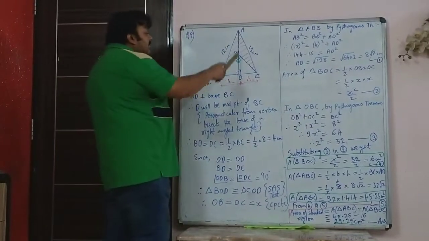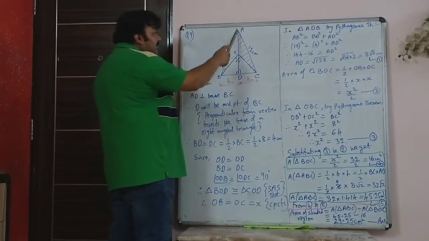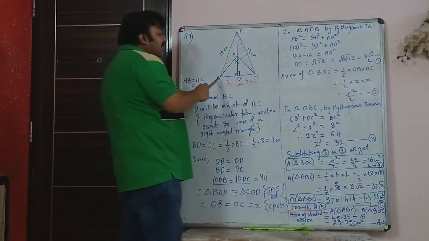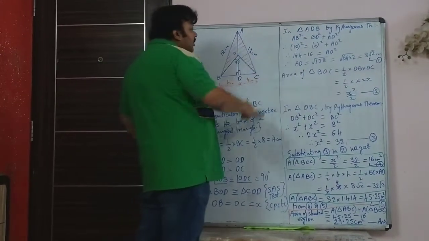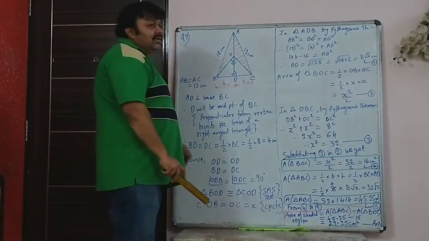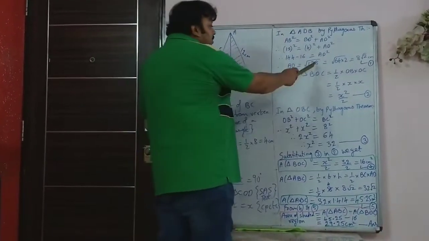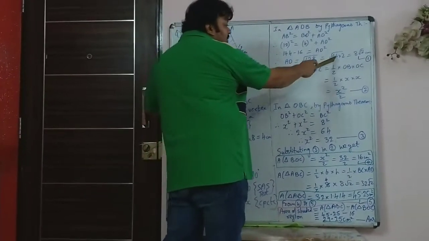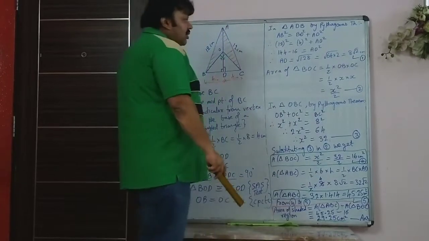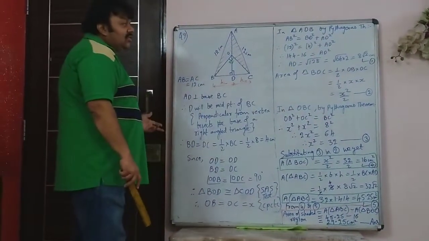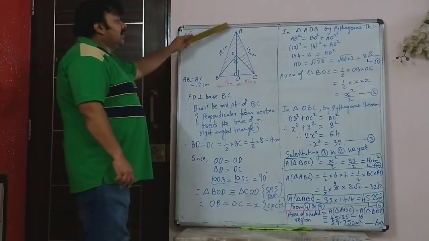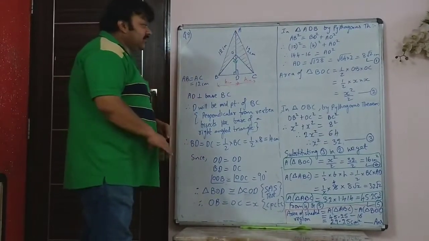Then we have taken the big triangle, that is triangle ABD, and used Pythagoras theorem and written 12 squared is 4 squared plus AD squared. So you will get AD is root of 128, which you can write as 64 into 2 is 128. So root 64 is 8 and 2 remains under the root. I have not found the answer for that because that is not asked. We found AD because we want area of triangle ABC.